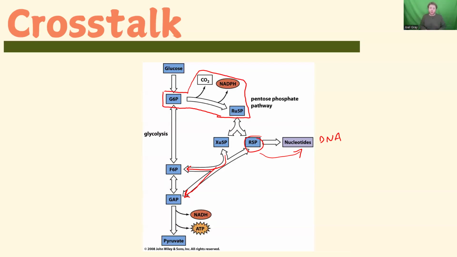Now, how should you look at the connection between the pentose phosphate pathway and glycolysis? Is there one pathway that's more important? Sure. Yeah, I think that's fair to say. How do you determine or know which one's more important? Fair question. I think the way that I kind of visualize it is